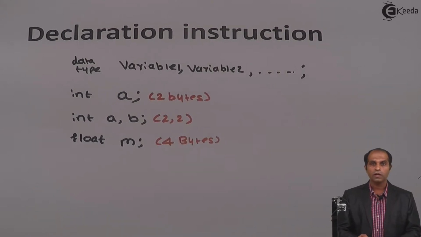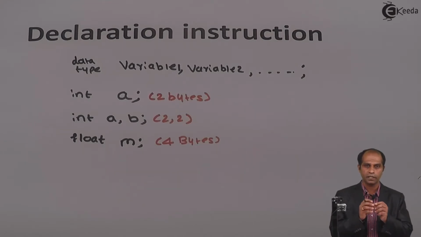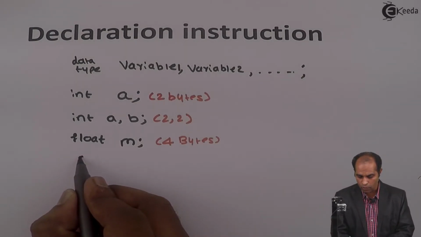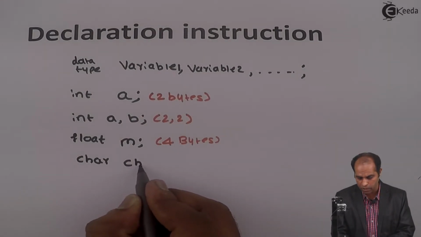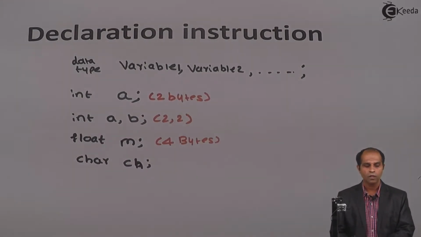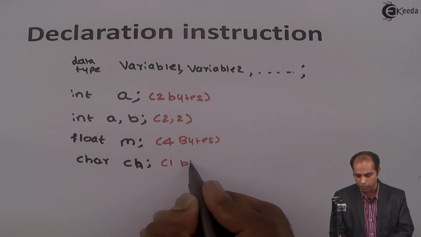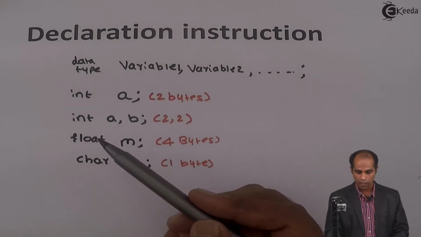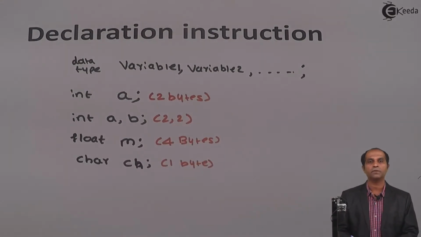What if I had to store character values? Not necessarily does the input always come as integer or fraction values. The input might go as character values. If the input goes as character values, in that case we're going to use a keyword called char. Let me say a variable by name ch used to store this. Now this character variable ch is going to consume 1 byte of memory. So if you observe, I used the keyword int, the keyword float, and the keyword char, which are used to store different types of data.